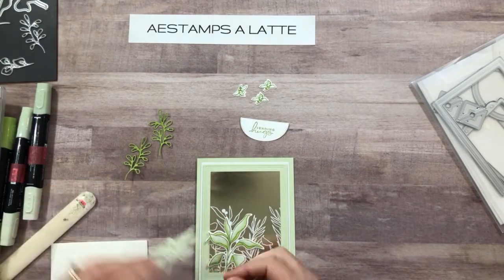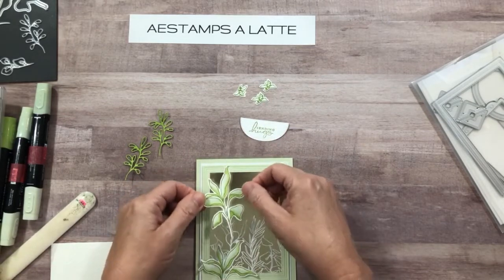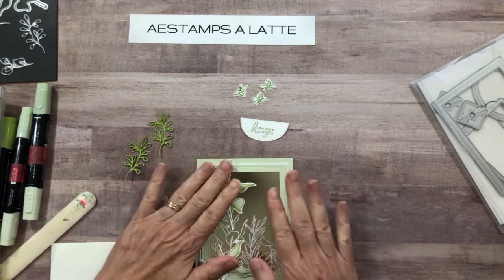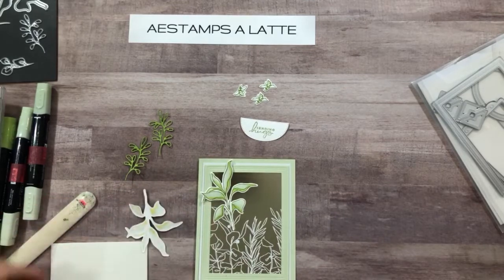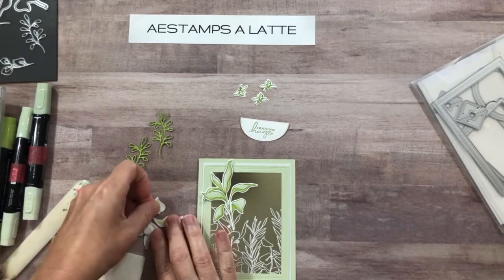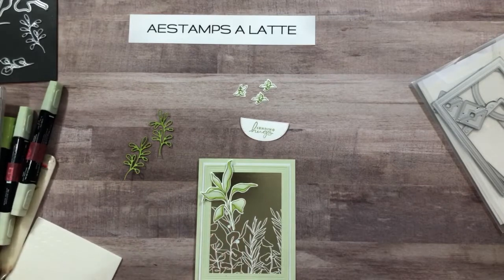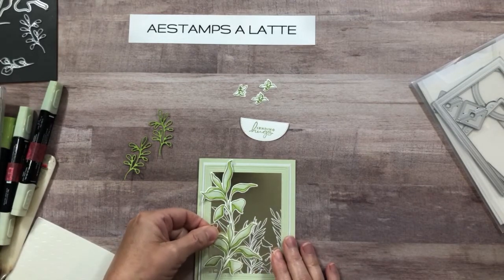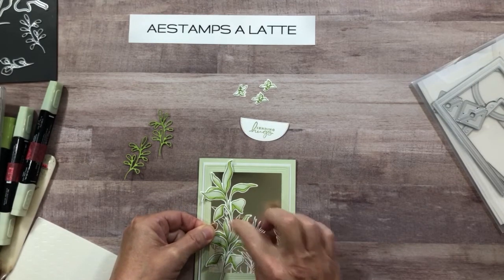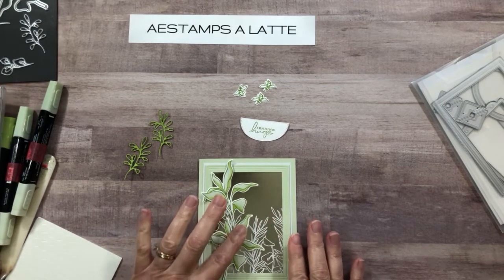And when I put it on my card, I wanted to make sure it kind of goes off. These leaves are so pretty and so detailed, so I want it to kind of go off the frame a little bit. And kind of the same thing with this one. I'm going to hide the stem just a little bit, like that. Okay,